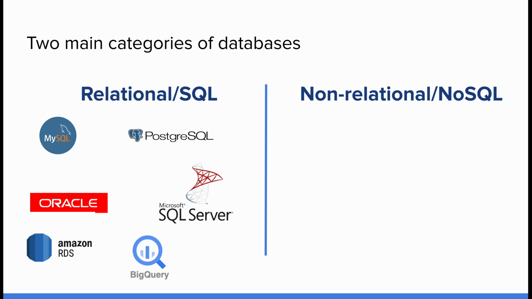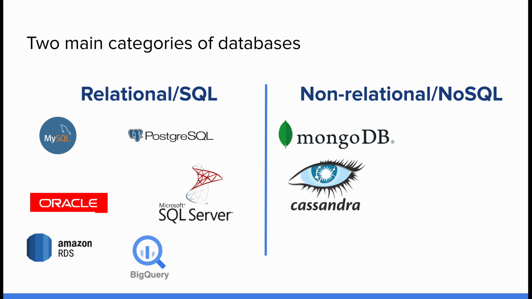On the right side, we have non-relational or NoSQL databases, which are designed for flexibility and scalability. They usually manage data that doesn't necessarily fit well into tables, such as semi-structured or unstructured data, which we talked about in a previous section. Examples of these databases include MongoDB, a popular document-oriented database that stores data in JSON-like documents,